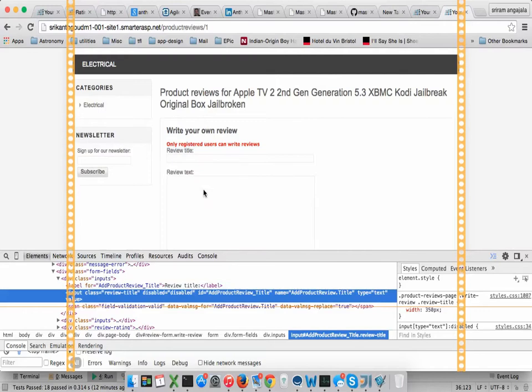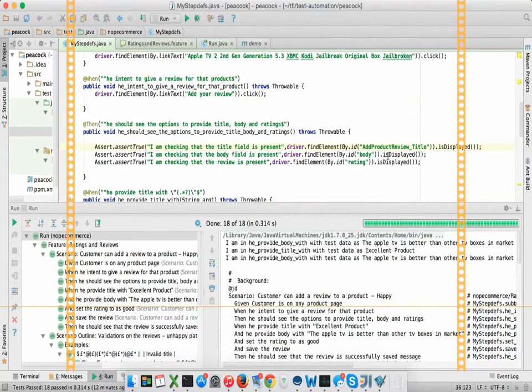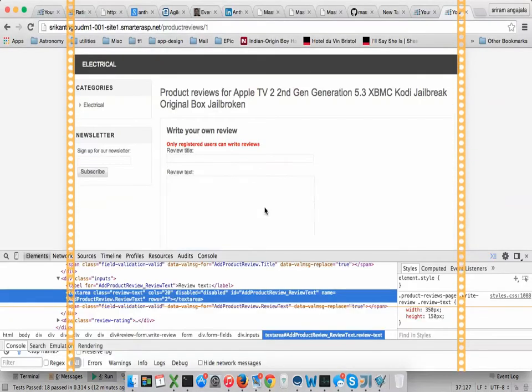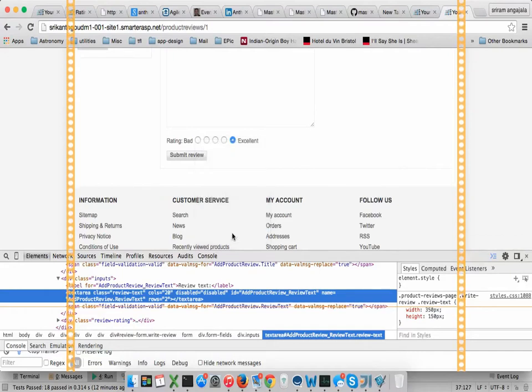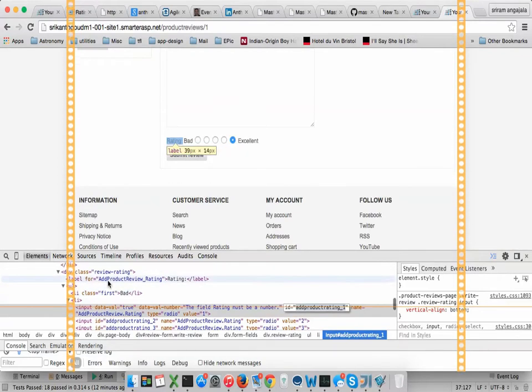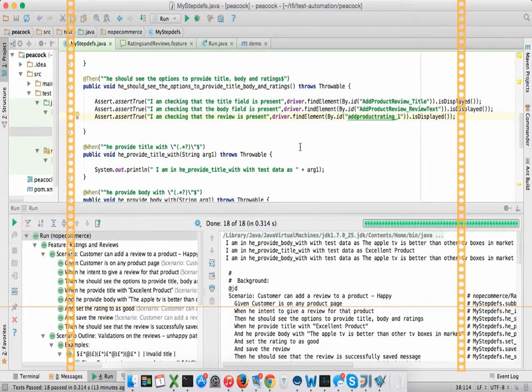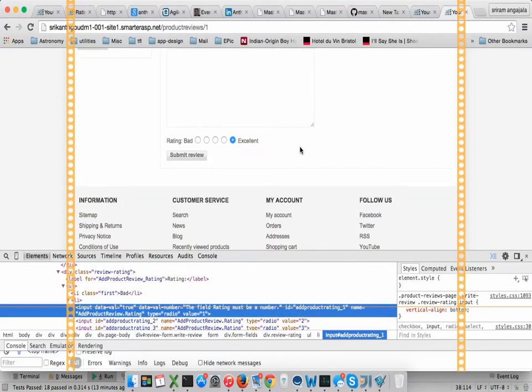Okay, so I'm getting the real locators. Okay.